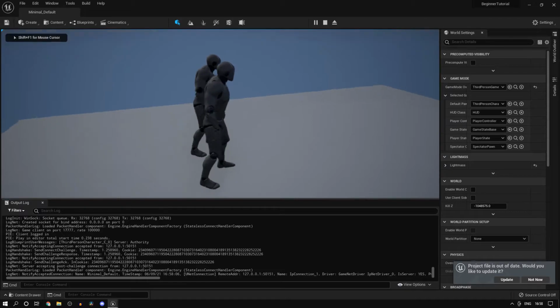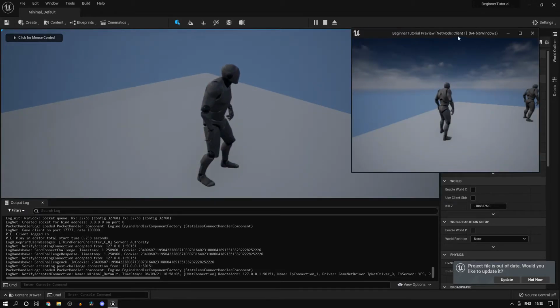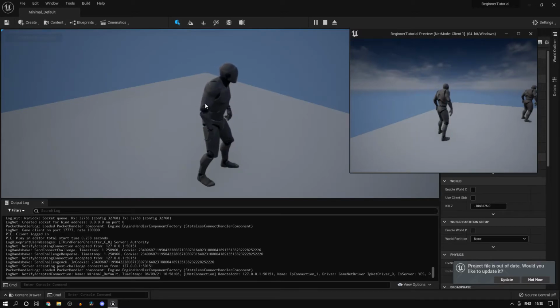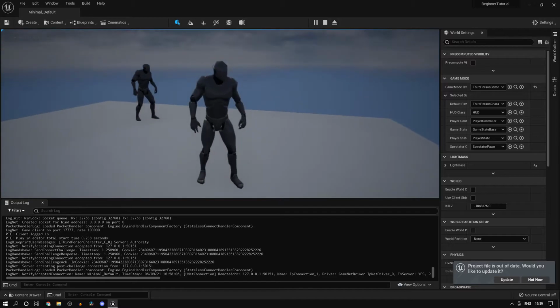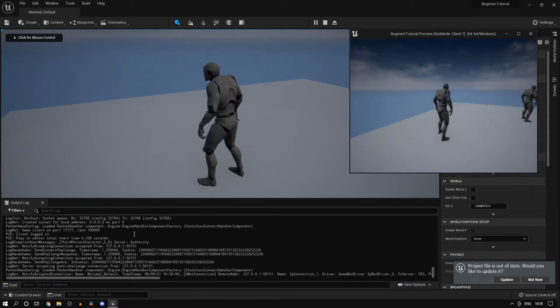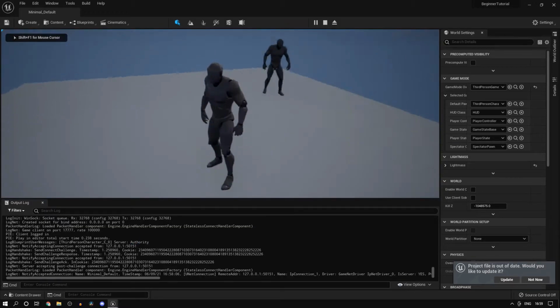So first, initially we started the game. When we started the game, this client was not yet connected to this session. So what happened is, since we called this on begin play, the server immediately printed authority, because the server of course has authority over the object.